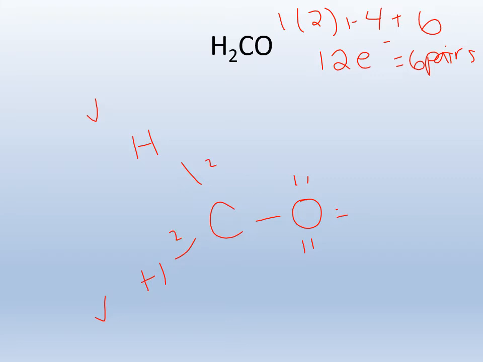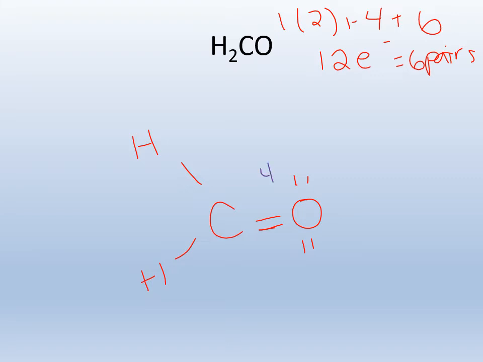So carbon only has 6. Carbon is not content because carbon's not an exception. Carbon needs 8. And then oxygen over here has 8. This is where we're going to erase a pair and make a double bond. Because when I erase that pair and I make a double bond right here, now carbon and oxygen are sharing